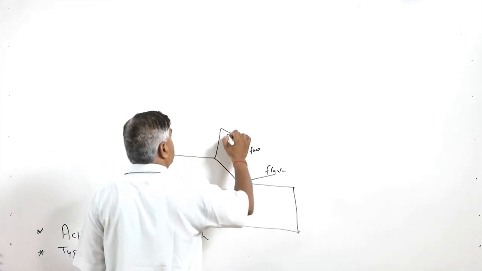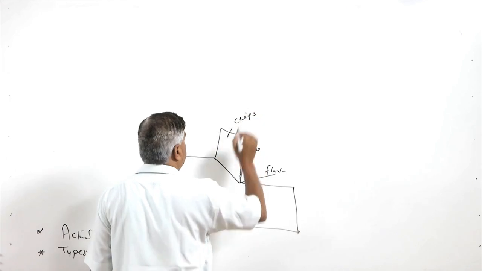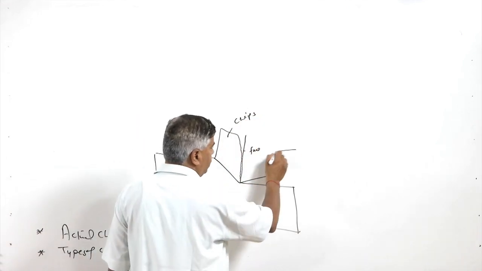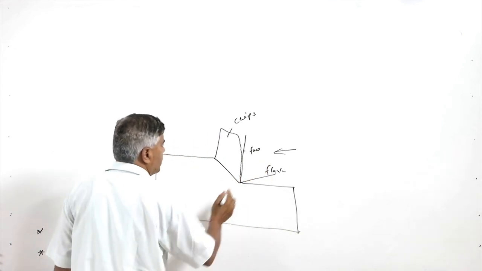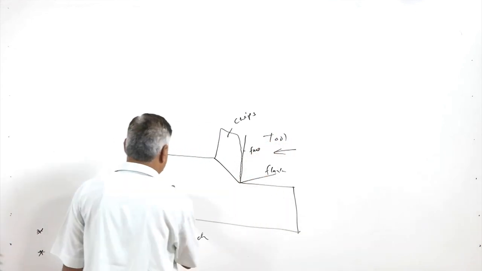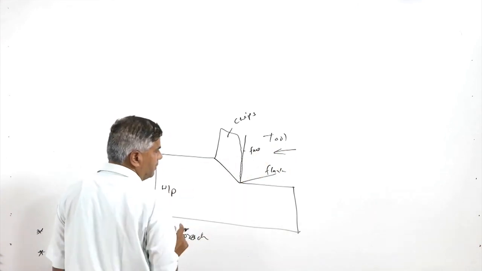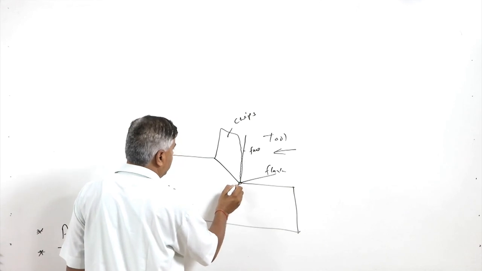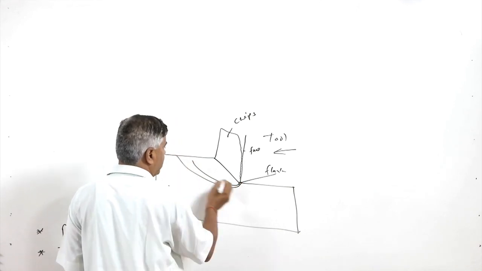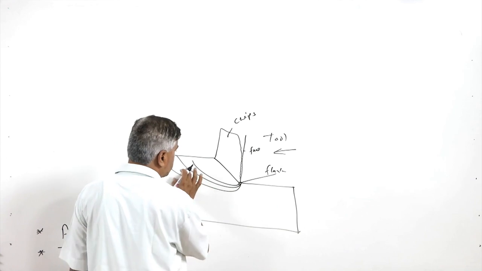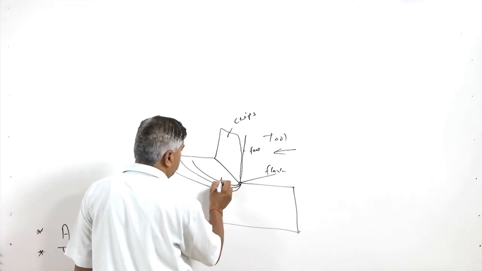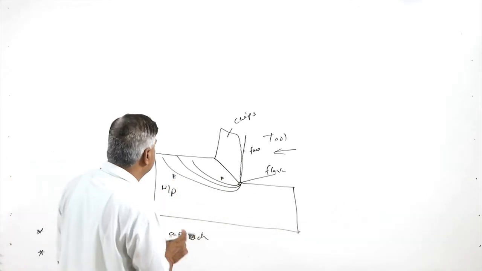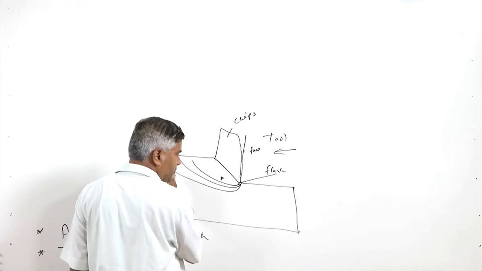So, these are the chips which are being formed. Due to the relative motion between the tool and workpiece, basically this is the tool and this is the workpiece, the material ahead of the cutting edge is compressed or stressed like this. The zone which is very close to the cutting edge will be subjected to plastic deformation, and other zones which are away from the cutting edge will be under elastic deformation initially,